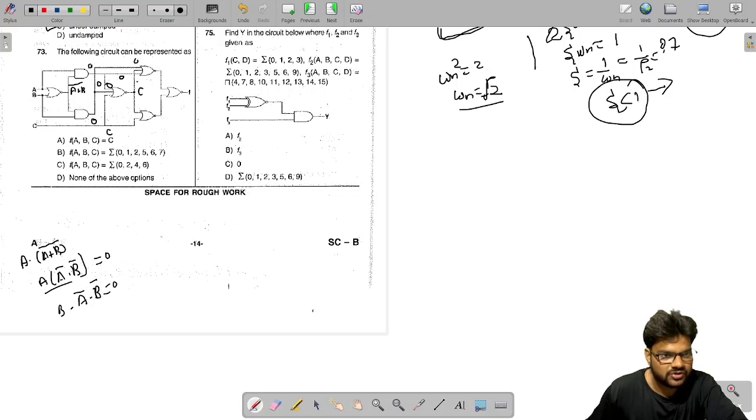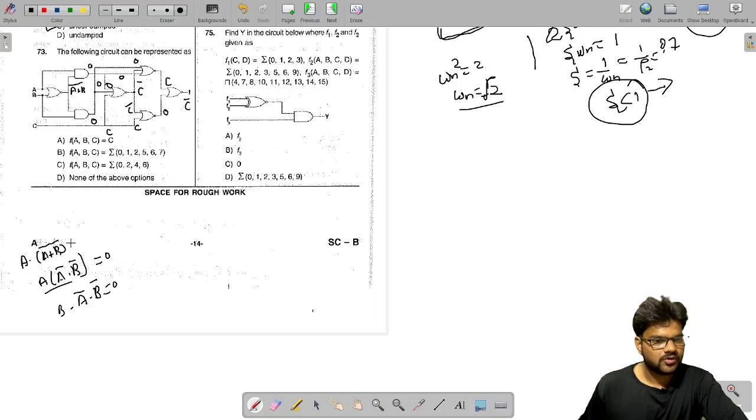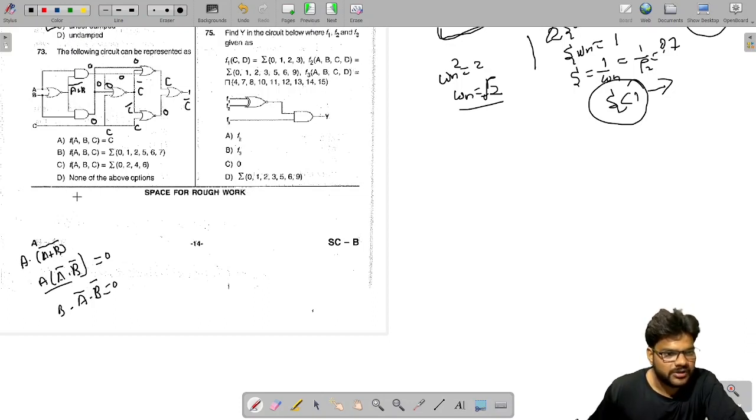So here we are getting 0 bar, and then this is 0 and this is coming C. Actually this is C bar. So this is 0 plus C bar, and then this is C bar and this is C. So C plus C bar is 1, and the complement of 1 you will get 0. So C bar plus 0 is C bar, its complement is C. So C plus 0 is C, and finally you will get C bar. So no option is matching with this, then the correct option should be D.